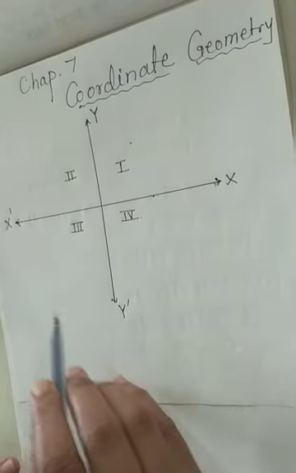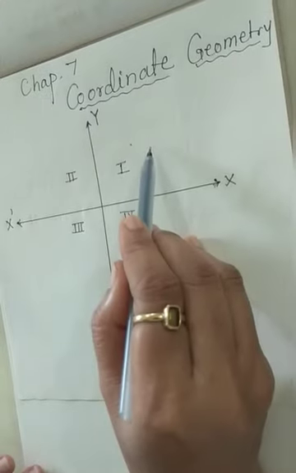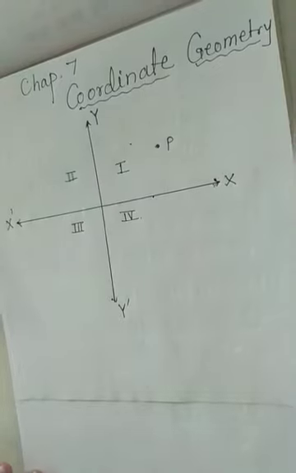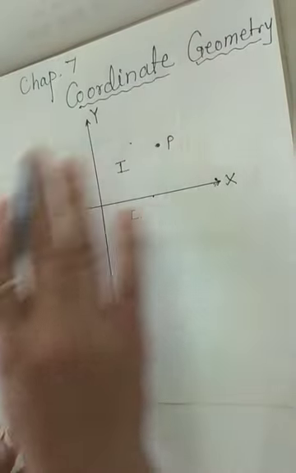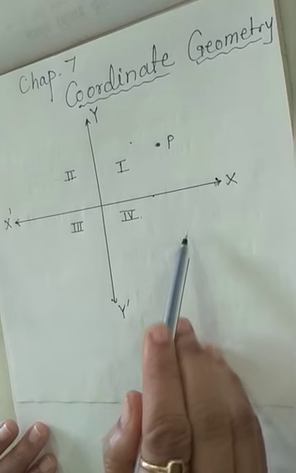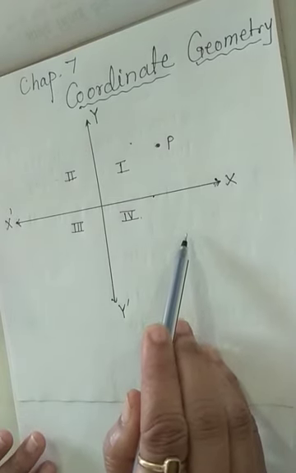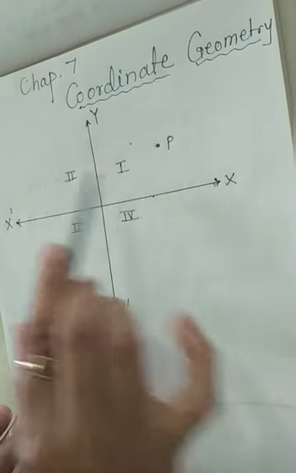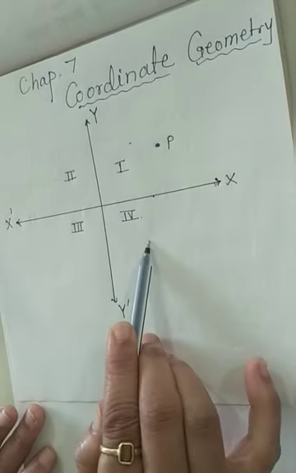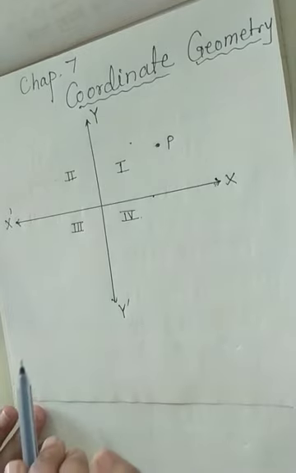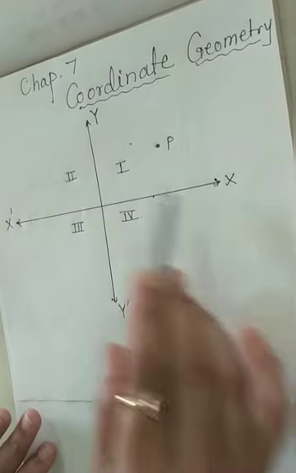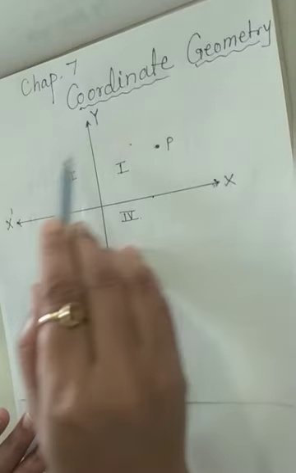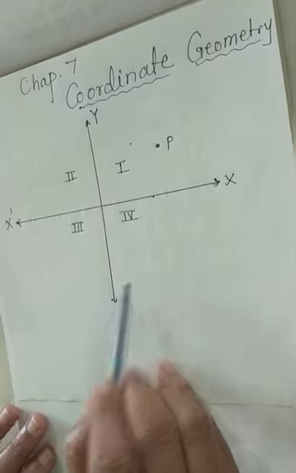Thus, the system used to describe the position of a point, suppose P, in a plane is known as the Cartesian system, or this plane is known as the Cartesian plane. The intersection of x and y axis divides the plane into four parts. Each part is called a quadrant here. Thus, the plane consists of the axis and four quadrants is known as the xy plane or Cartesian plane or coordinate plane here.